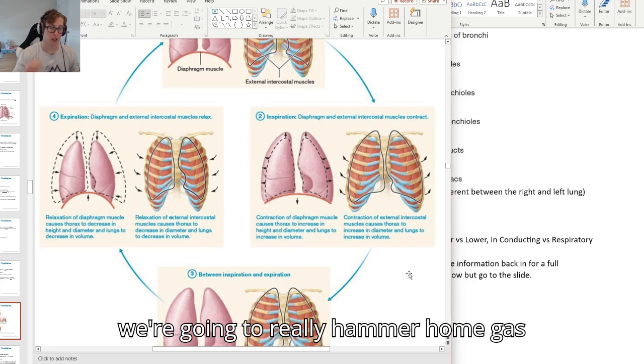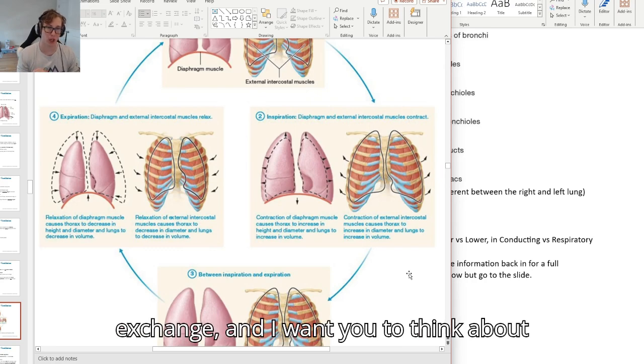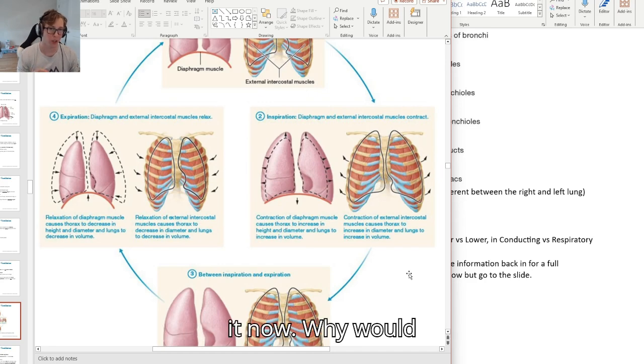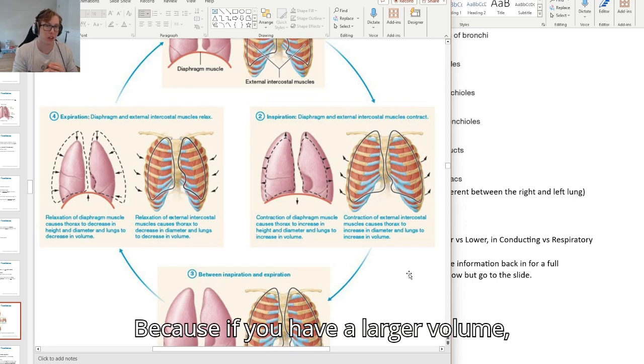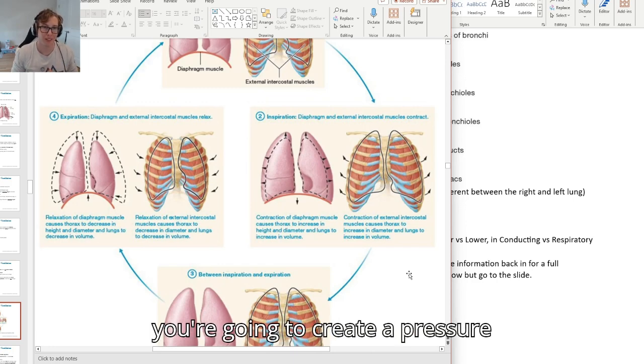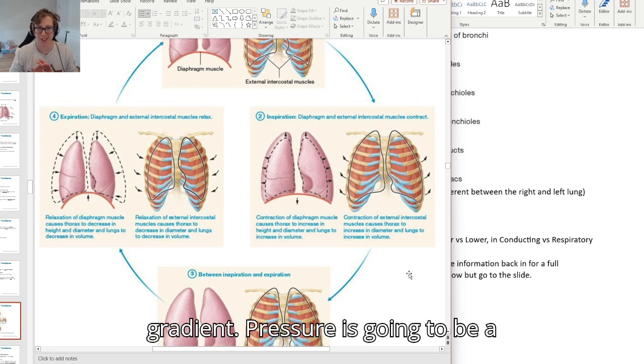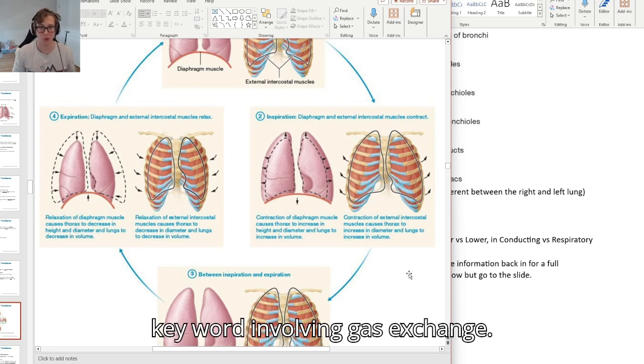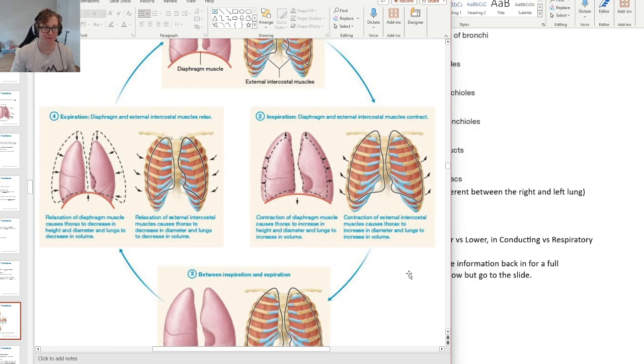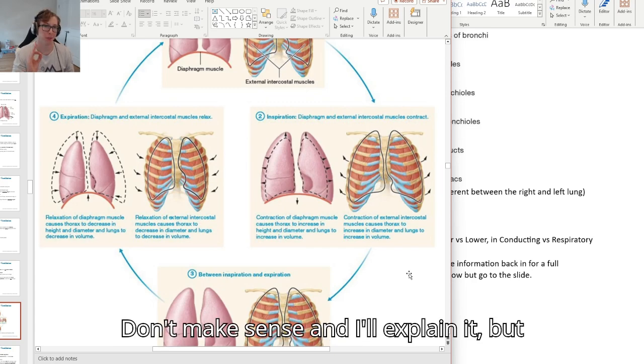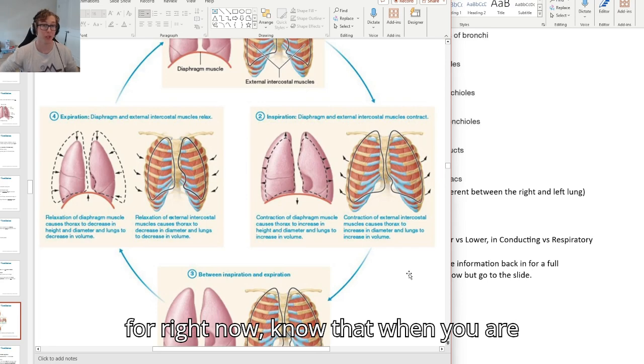In the next section, we're going to really hammer home gas exchange, and I want you to think about it now. Why would increasing its volume matter? Because if you have a larger volume, you're going to create a pressure gradient. Pressure is going to be a key word involving gas exchange. It'll make sense, and I'll explain it, but right now, know that when you are breathing in,